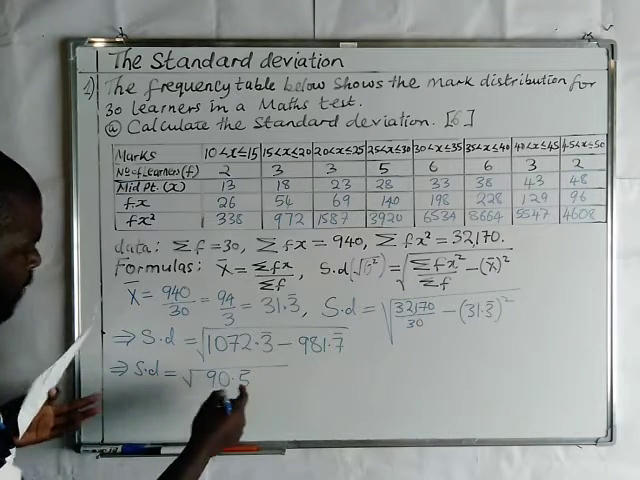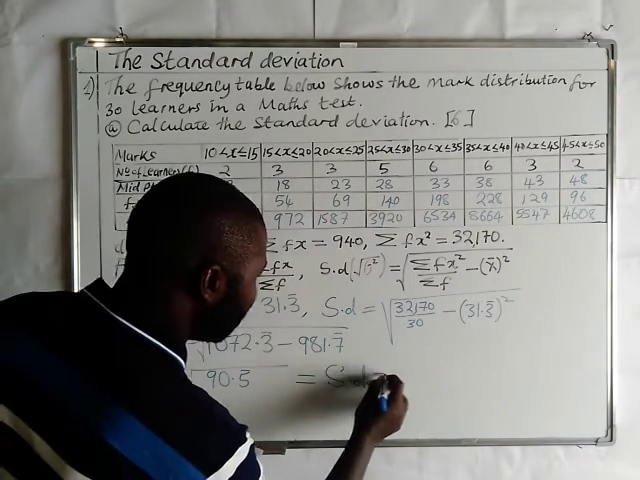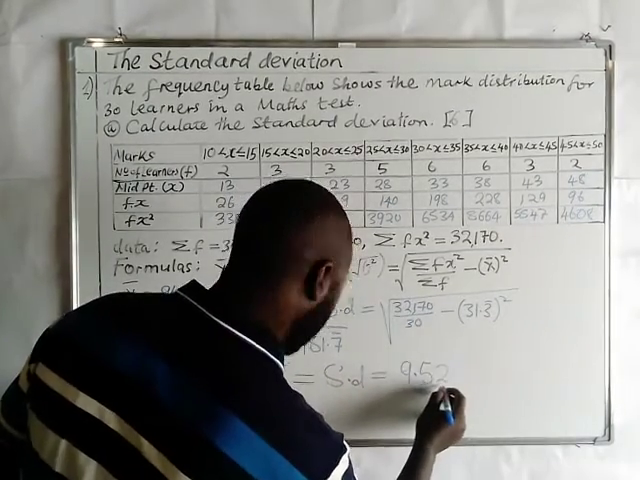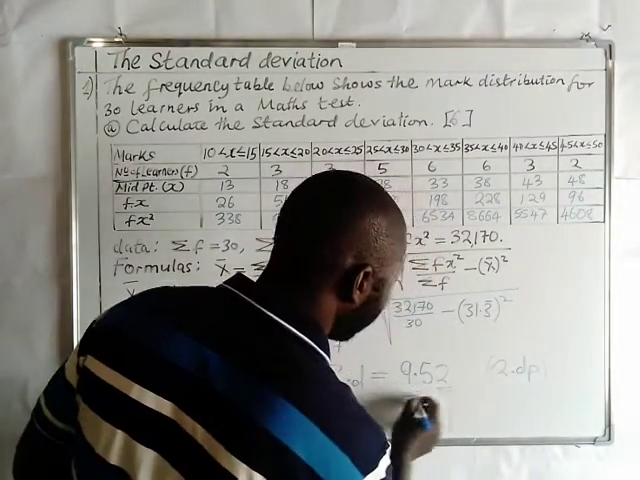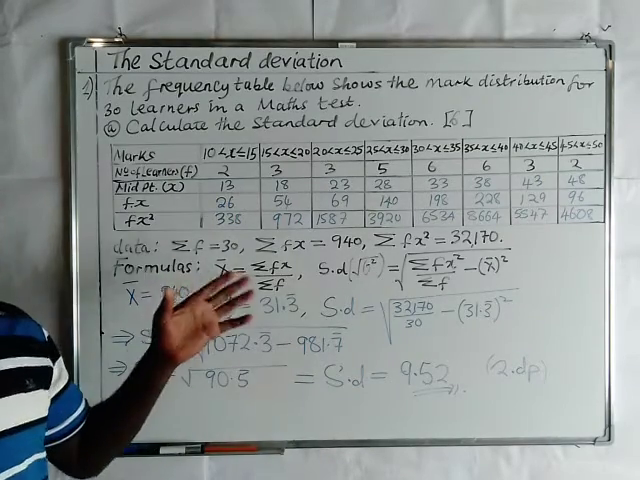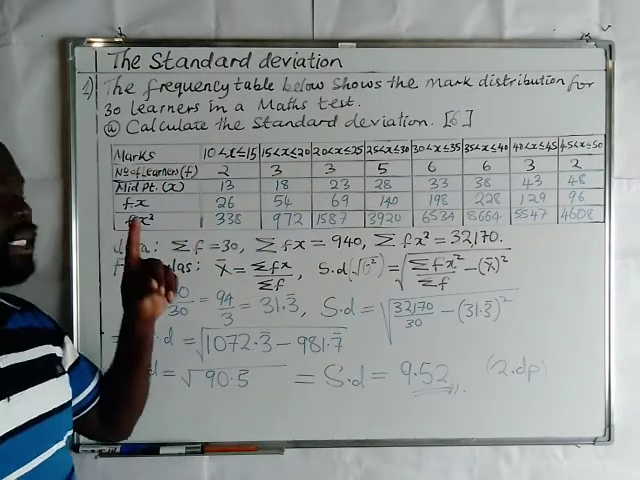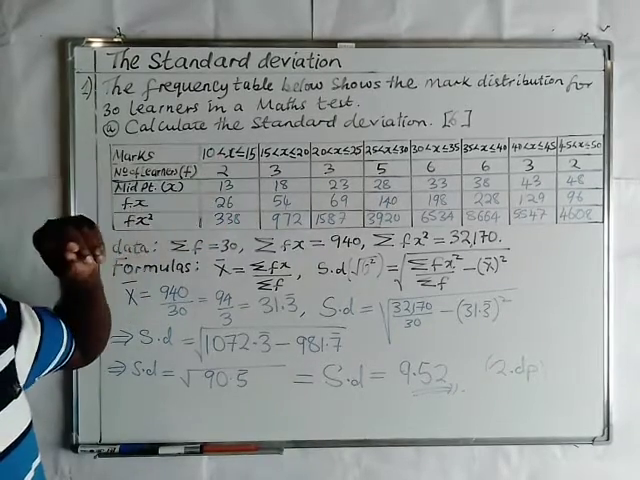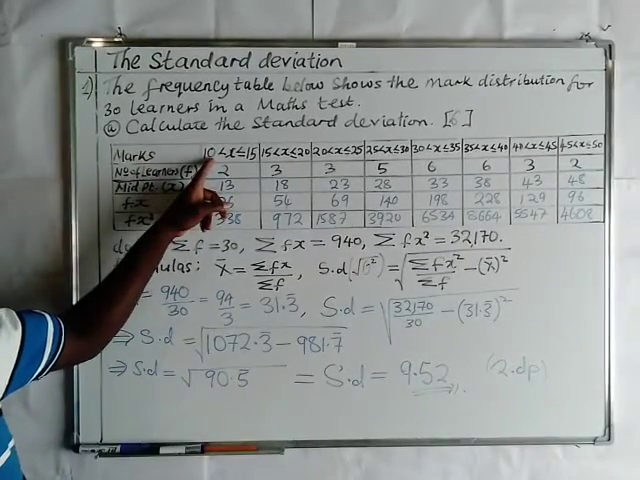Okay, so finally, when we get the square root of this, our SD is 9.52 to 2 decimal places. So finally, that is our SD. So this is basically how we get the SD for grouped data. Special attention has to be paid to interpreting the set builder notation. There are some cases where we have less than or equal to, meaning that this lower limit